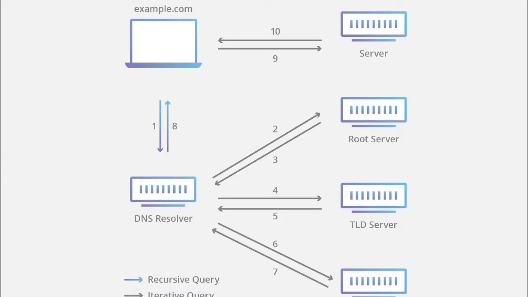Once the 8 steps of the DNS lookup have returned the IP address for example.com, the browser is able to make the request for the web page. The browser then makes an HTTP or HTTPS request to the IP address. The server at that IP returns the web page to be rendered in the browser. The image describes the complete DNS lookup and web page query steps as said before.